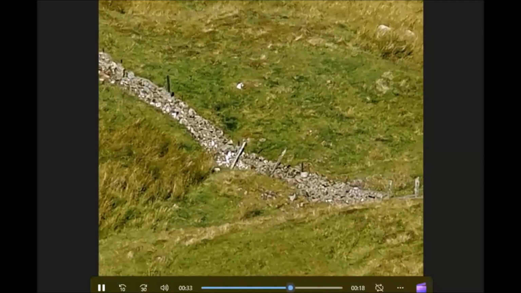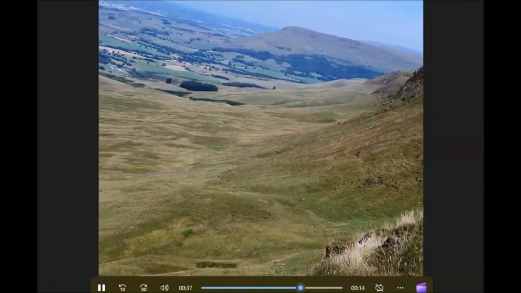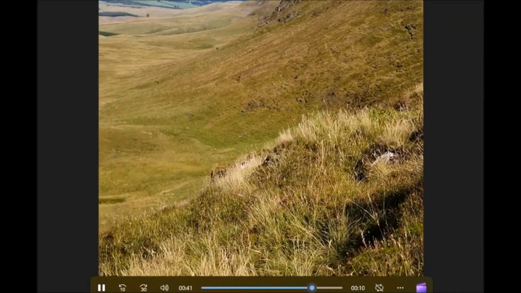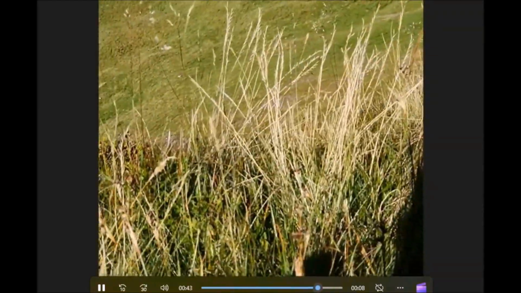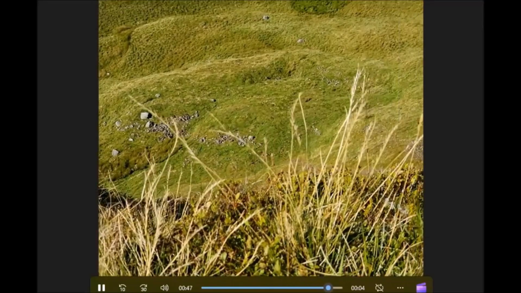Right, so I'll take a wee walk down. I think we'll take a safe journey. I'm close enough here.